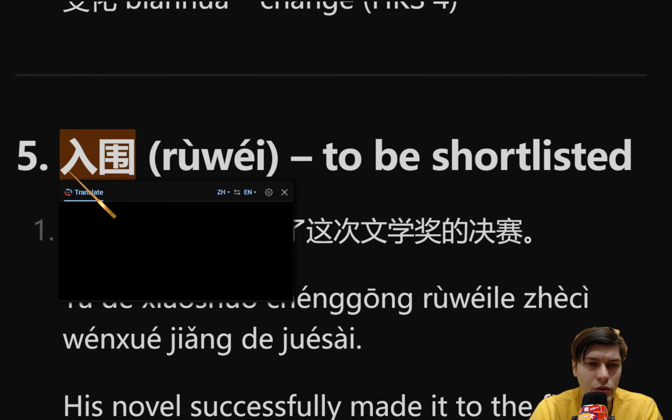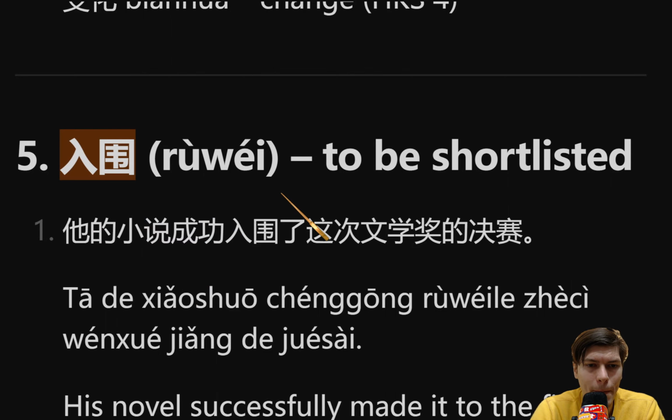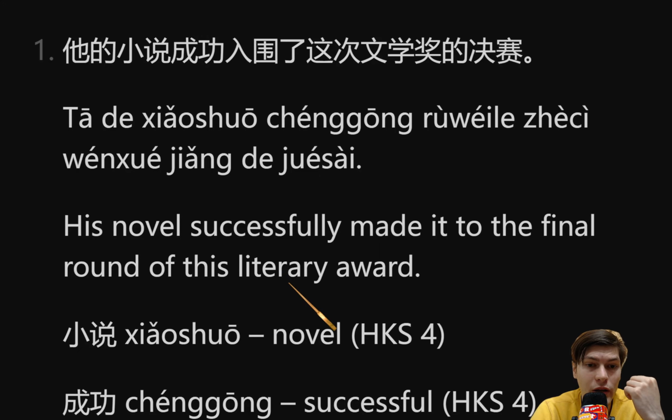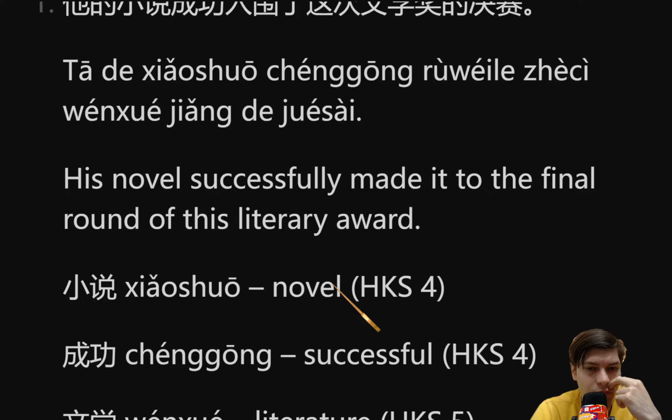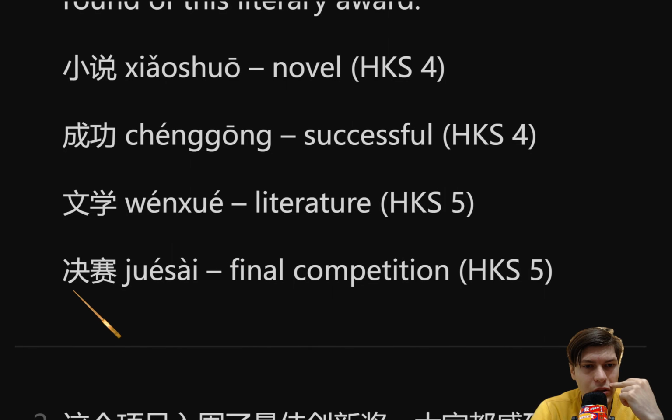Next one, 入围, to be shortlisted. 入 is to come in, 围 is surrounding; selected, finalist, shortlisted, nominated for something. 入围. Let's see: his novel successfully made it to the final round of the literary award for literature. 小说 novel, 成功 successful, 文学 literature and 决赛 final competition. 赛 is 比赛的赛, competition; 决 is 决定的决, to decide. So the final decides who is